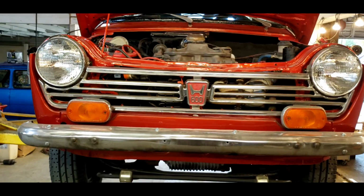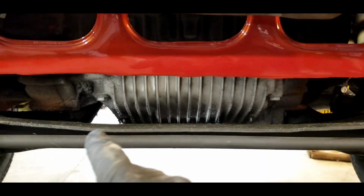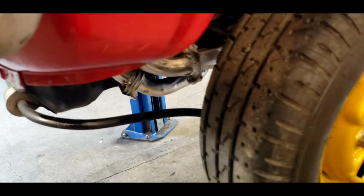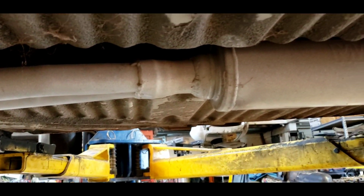Okay, so we got our little Honda 600 bug-eyed thing up in the air. Detailed the bottom of my engine a little bit. Detailed my roll bar. My exhaust system is now all silver. This has a really unique exhaust system that I custom made myself. It's actually dual out of the cylinder head, and then it Ys right under the middle of the car